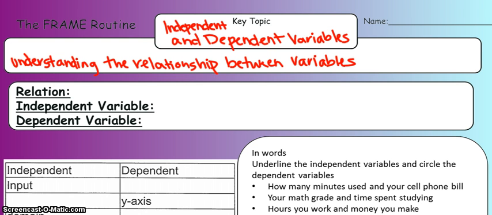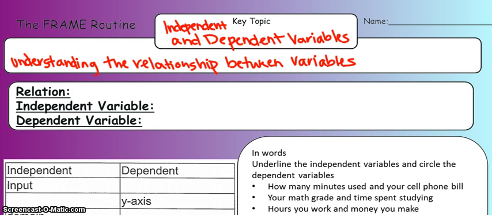Okay, and we have a couple of things that we need to define with this. So independent and dependent variables is about understanding the relationship between variables. Before we can really get this going, we need to know first off what a relation is, independent variable, and